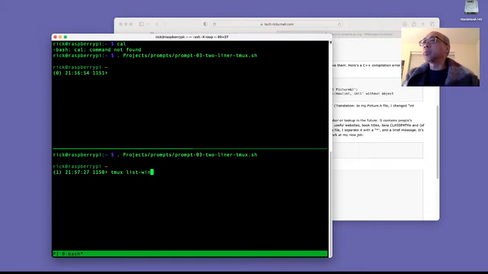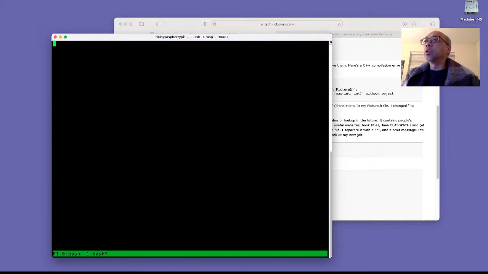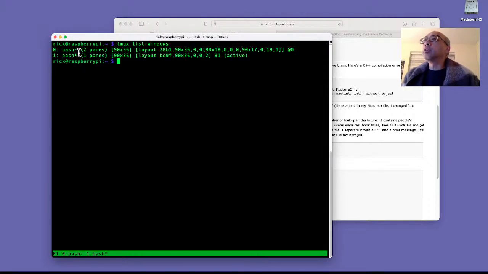Do I not have the command line completion on this thing? This shows that you're in window 0 because of the asterisk. So if you create a new window here, it'll say tmux list windows. It'll show that you're in window 1. So you could do some scripting to get that cool 2-line prompt with the knowledge of which tmux window you're in.